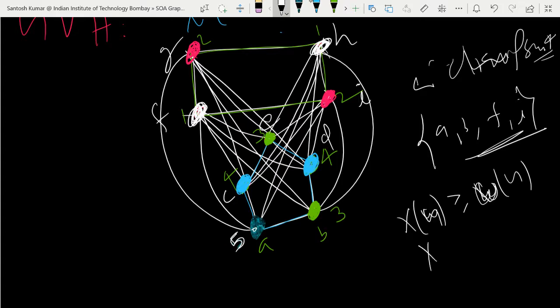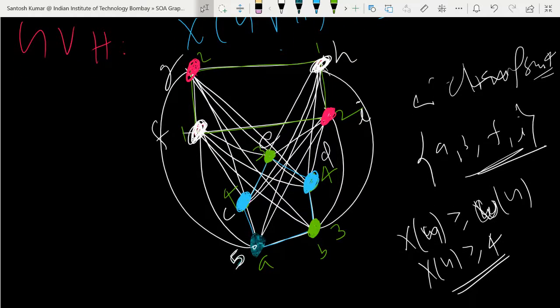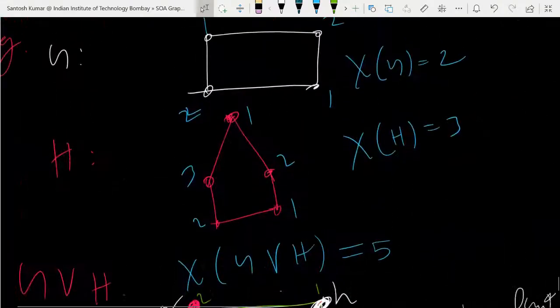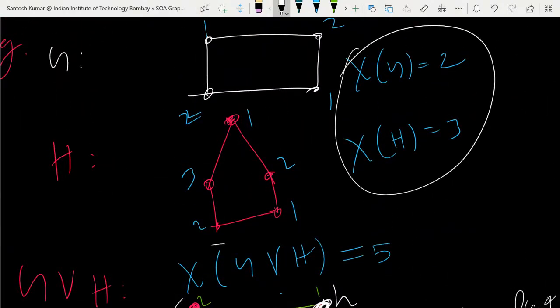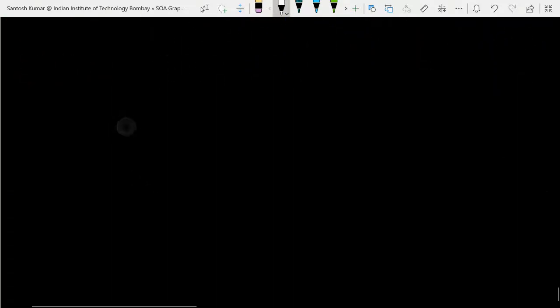So the chromatic number of G is going to be greater than or equal to 4. So now you have to see how many colors minimum will be required. After coloring we see it is 5. So a minimum of 5 colors will be required. So that's why the chromatic number is 5. So again, the thing to notice is 2, 3, and 5. Like in the last 3 examples we decided. So I would like to give you the result. So a result or proposition you can give.